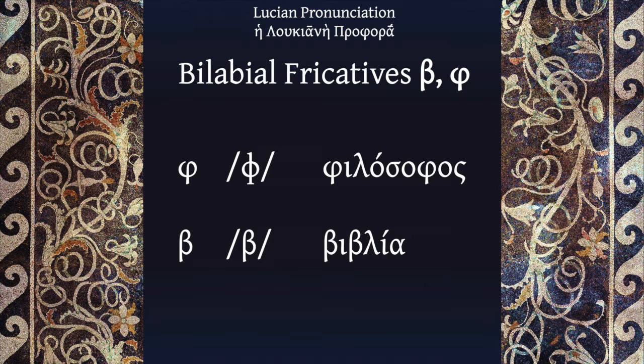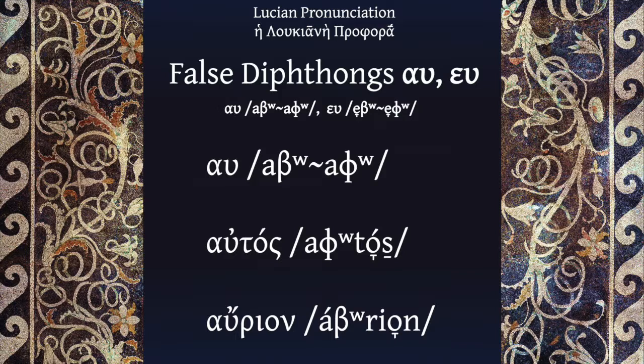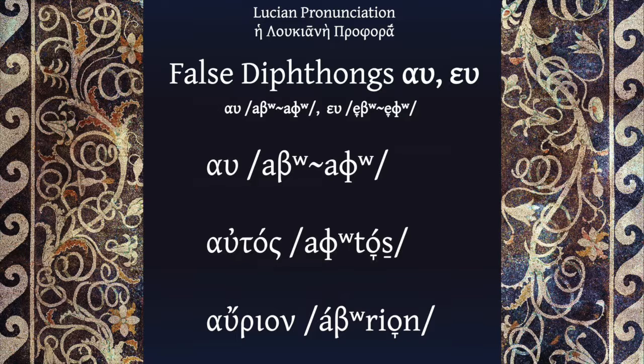Philosophos, vivlia. Finally, we have the two false diphthongs. These consist of a vowel followed by a bilabial fricative. Ideally, the bilabial fricative component should be rounded, making this truly the intermediate point between the Attic au or eu and the modern Greek av or af and ev or ef. Thus, we should have au or au and eu or eu. Autos, aurion,